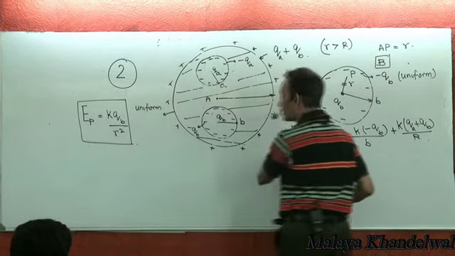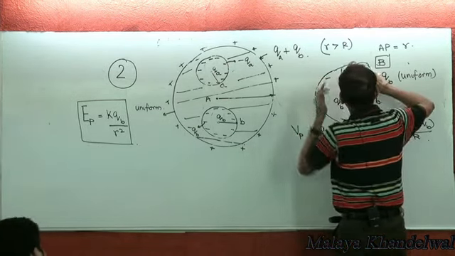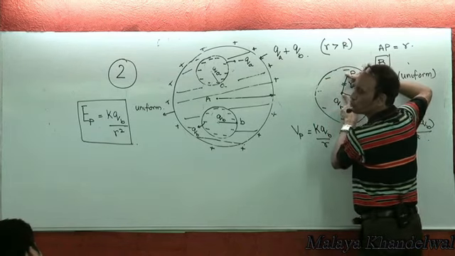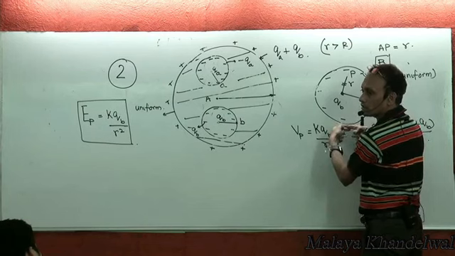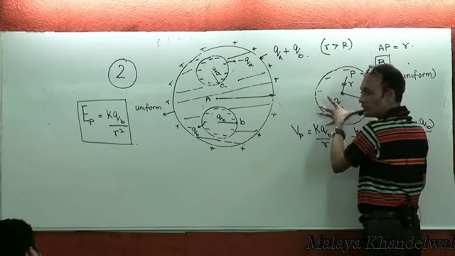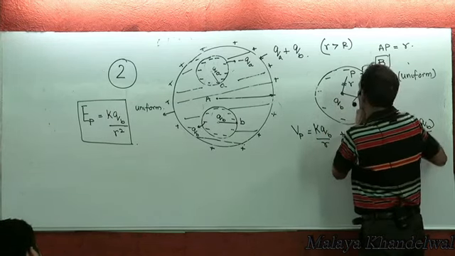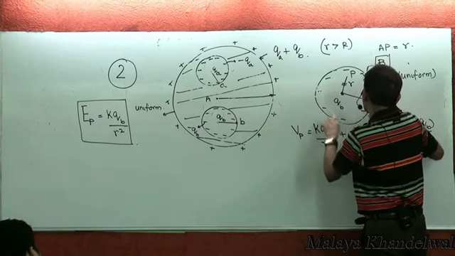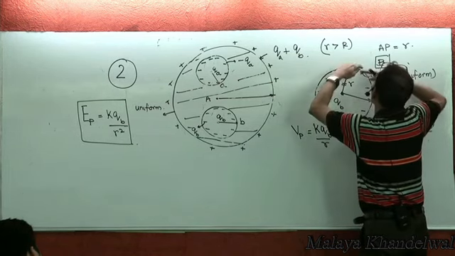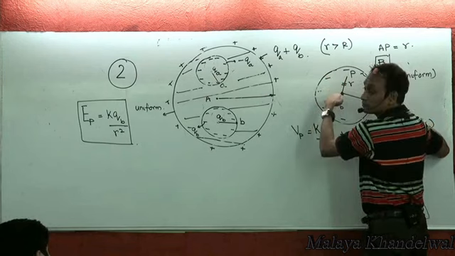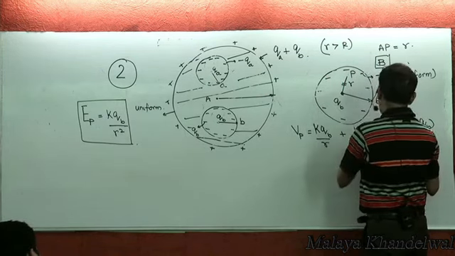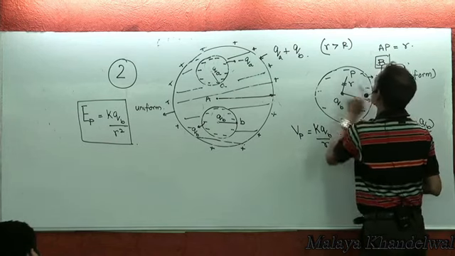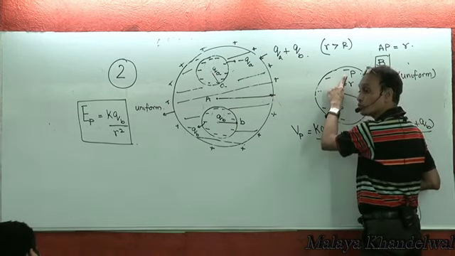See, potential at P because of QB is going to be KQB by R. Now, this charge is uniformly distributed on this spherical surface, right? Which means a uniform distribution on the spherical surface will produce a region of uniform potential. Now, what's the potential that this produces on the surface of this? K minus QB by P. And that's the potential it produces at P also, right? Now,